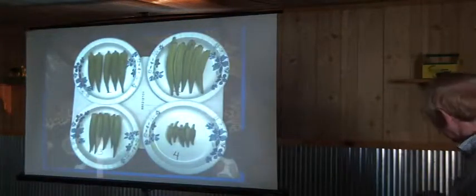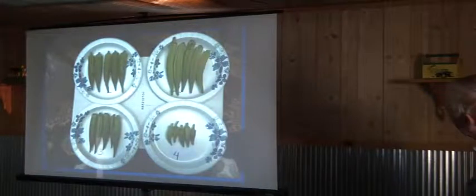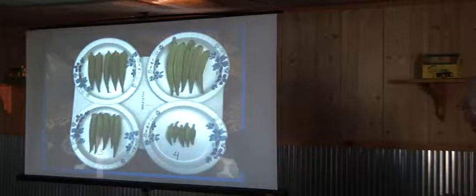Just several samples here to look at. Of course, these are already laid out as far as how Dr. Mitchell had ranked them. Okra, of course, here, number 1, number 2, 3, and 4. What stands out first is the uniformity. They're all about the same length. They've all been cut, the stem has been cut off, the peduncle cut off, all at about the same length, all nice and straight, and